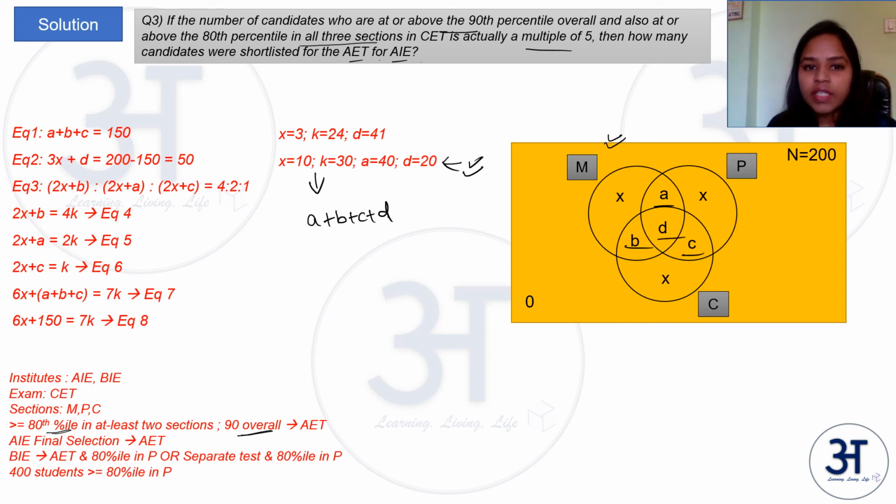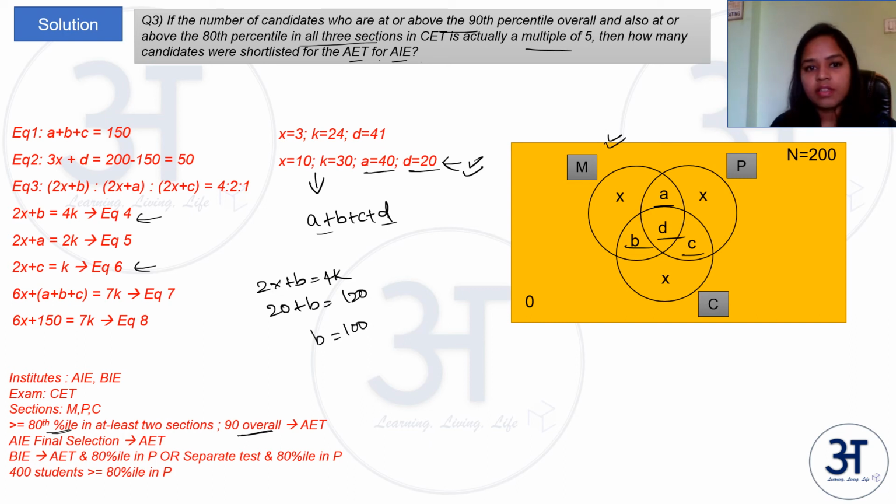So here we know A, we know D, we have these 2 values. Let us find values for B and C that can be got from equation 4 and equation 6. So let us take equation 4, 2x plus b is equal to 4k. We have x is equal to 10, 20 plus b is equal to 4 into 30, 120, b is equal